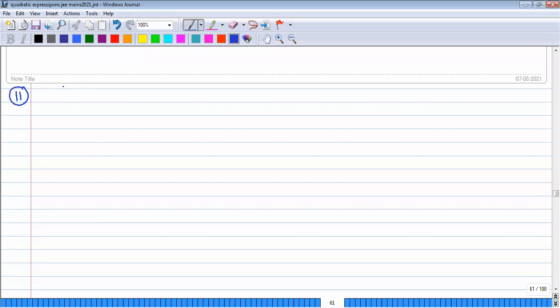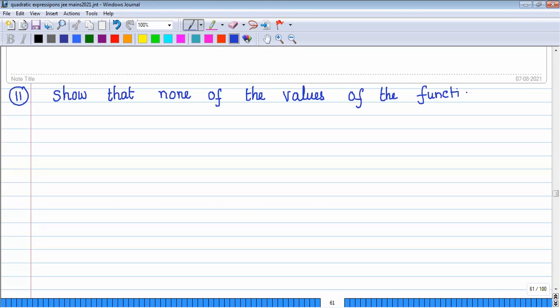Show that none of the values of the function x square plus 34x minus 71 upon